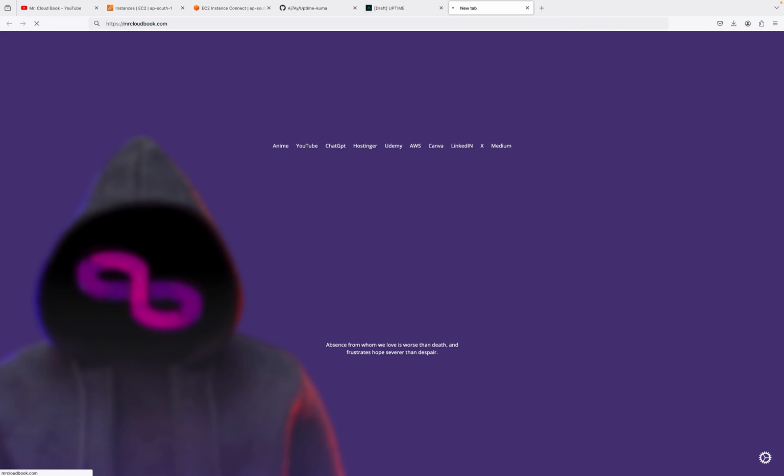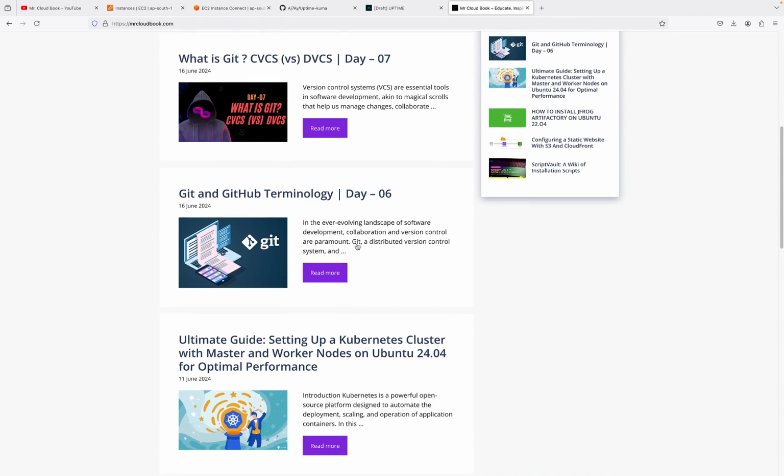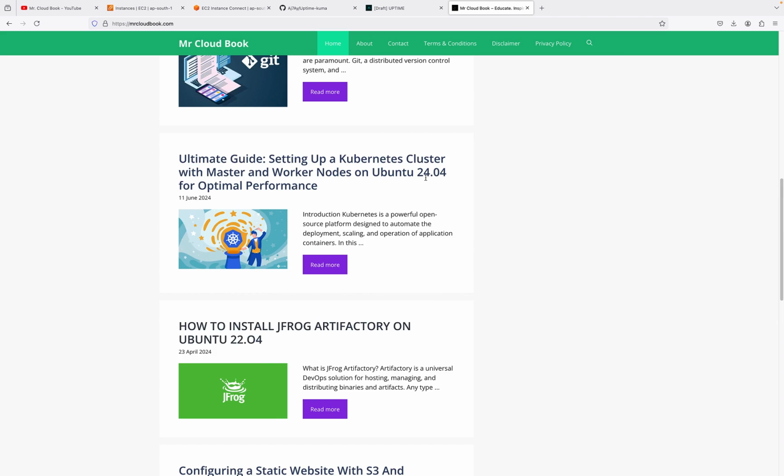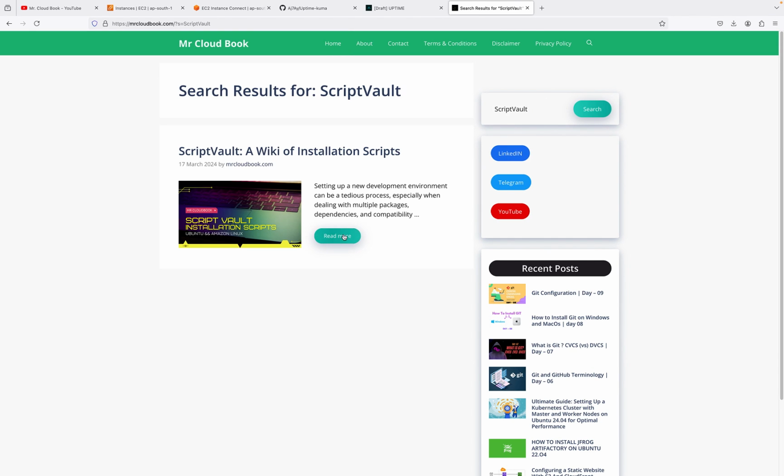mrcloudbook.com, enter. I'm giving my old project, so you can directly search in the search bar for the script vault. I think that is the name I used for this one. Enter. Yeah, read more,